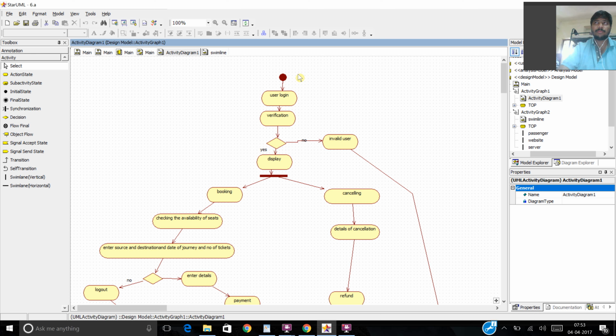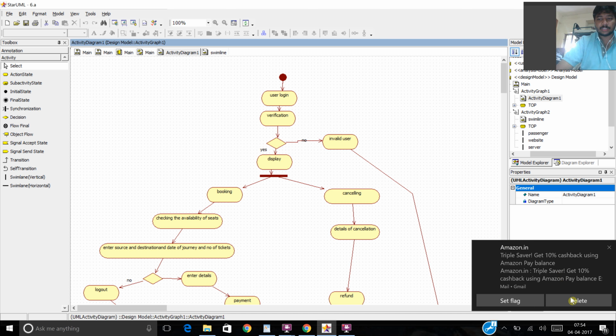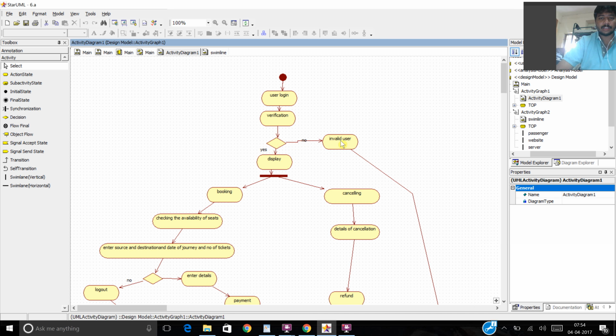Here is my first application, my activity diagram of a railway reservation system. The first initial state is given here, and a user login is given, and there is a transition arrow here, user login. Next the verification. This is my decision, where two outcomes are created here, yes or no. If not a valid user, it goes to the final end, and if it is a valid user, it goes to